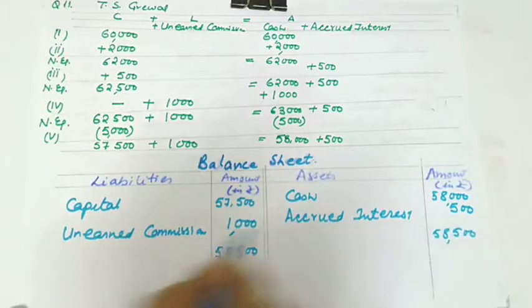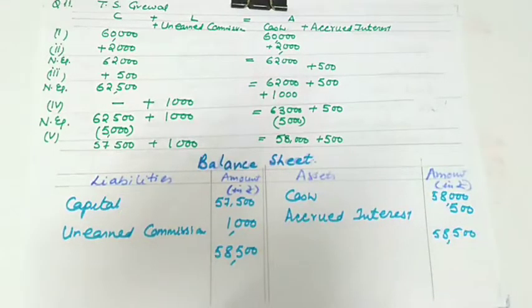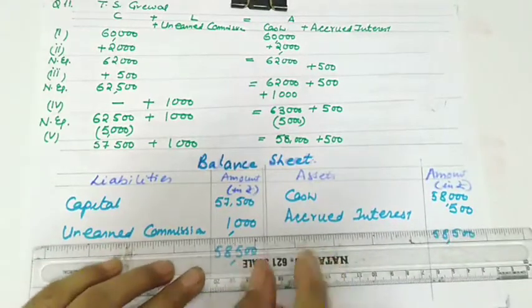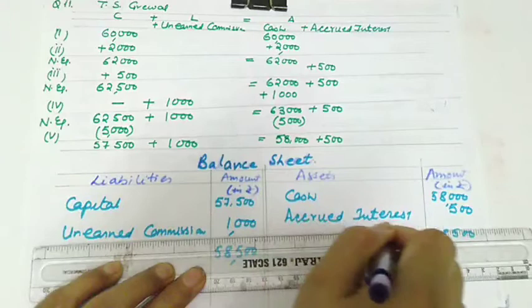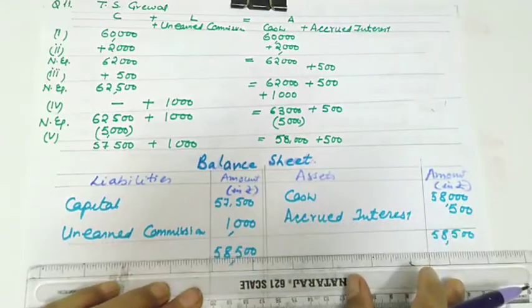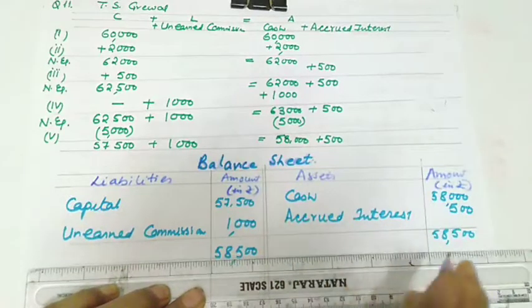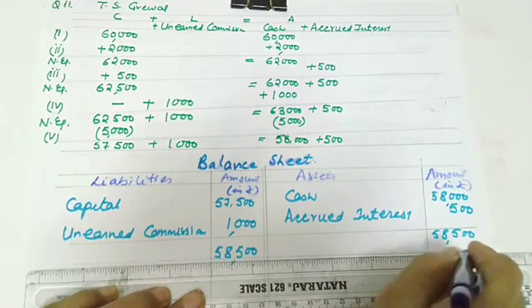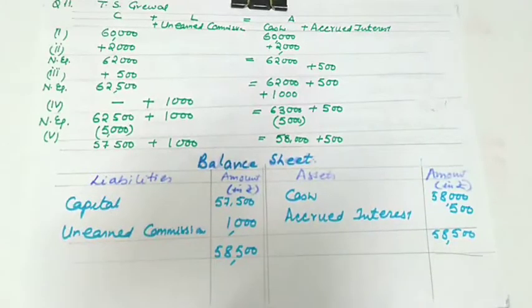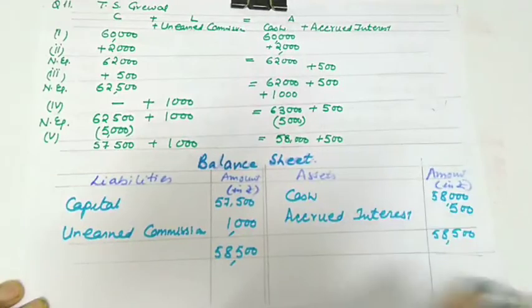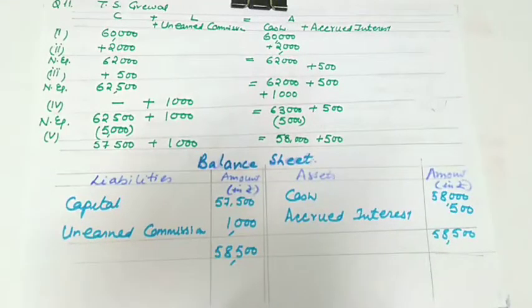See, your balance sheet is telling, it should tally because we are following double entry system and we recorded each and every transaction on two sides. So this is how we are required to make the balance sheet in case of accounting equation, though we'll be learning the preparation of balance sheet in the final accounts.